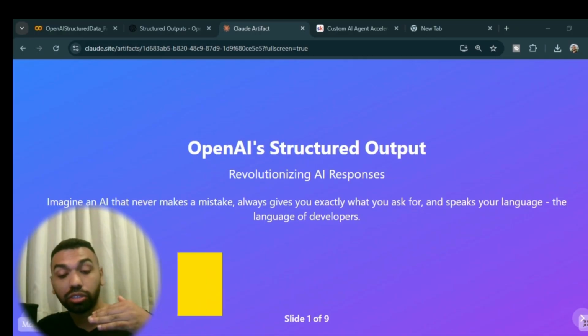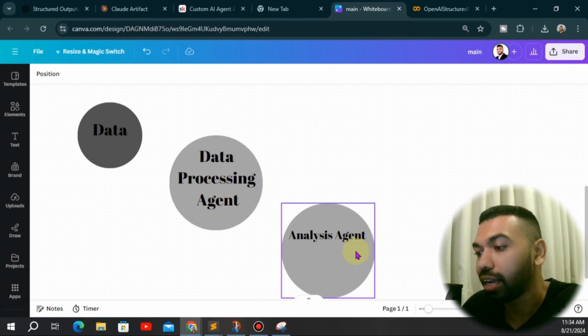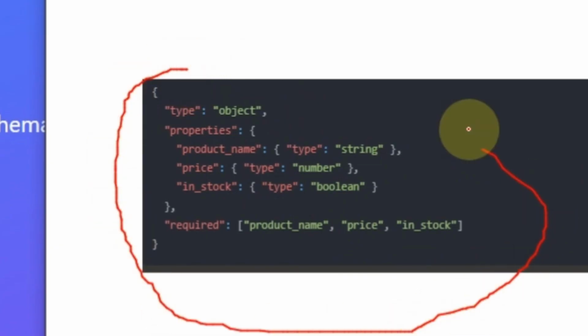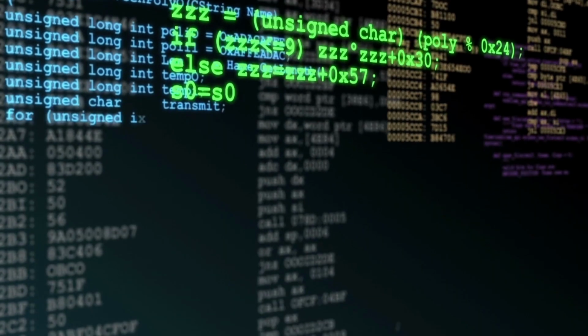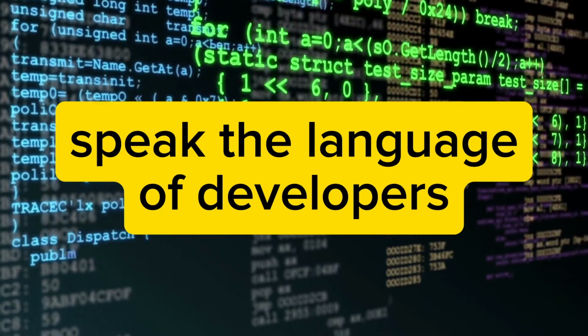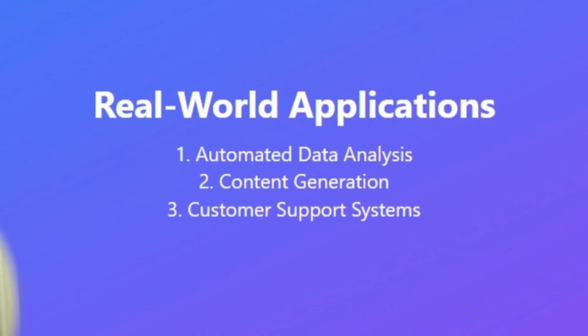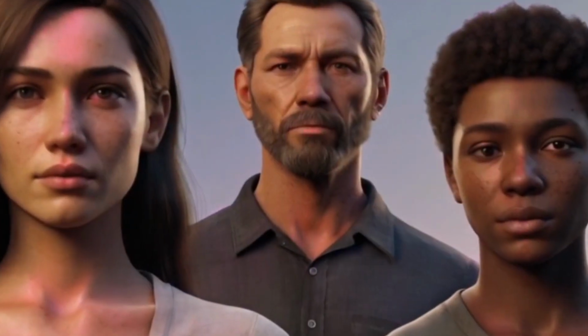OpenAI just secretly launched structured outputs. Imagine an AI that never makes mistakes and gives you exactly what you ask for, 100% reliability. This is great for developers because it can speak the language of developers. It can give you UX components and other components in the schema that you're looking for. So it's not just an upgrade, and I'll show you why this is a revolution in how we interact with